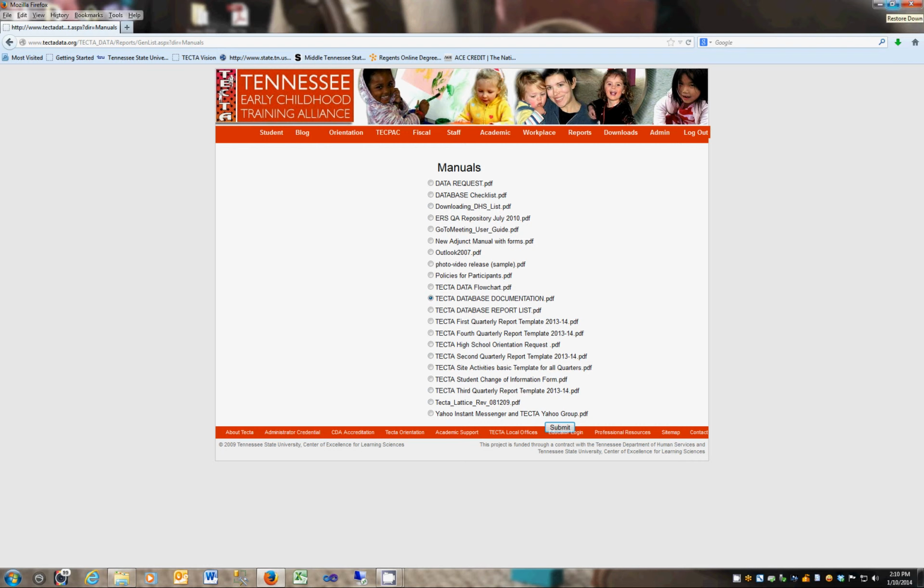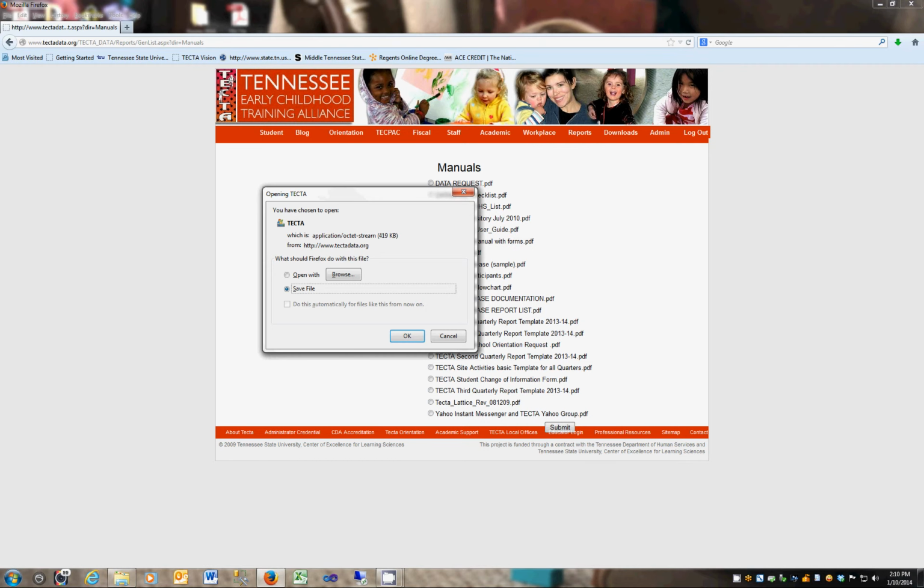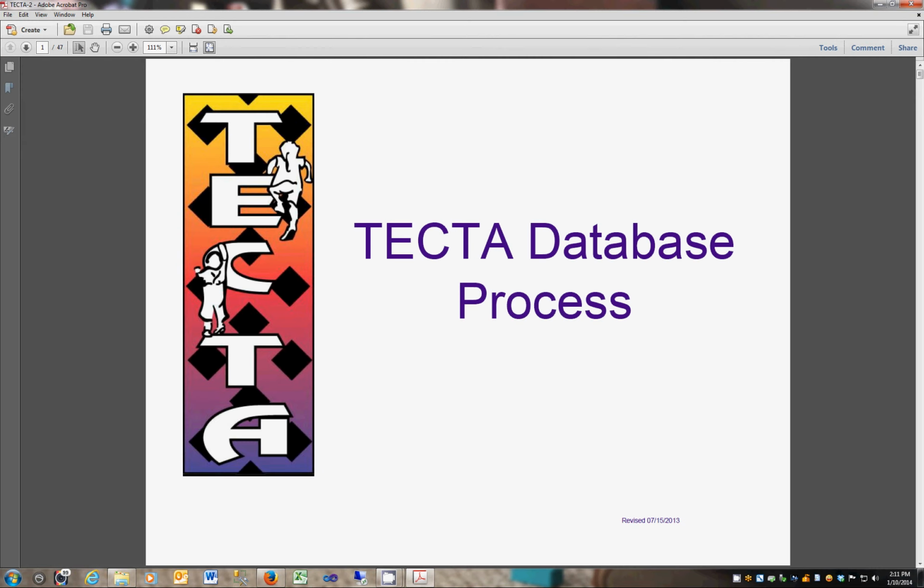The next document I would like for you to download is the TECTA data flowchart. I click on the radio button, hit submit, open with, okay, Adobe Acrobat for me. Now this is the backbone of our TECTA training system. This document gives you step-by-step instructions on how to do just about everything that you need to do in the